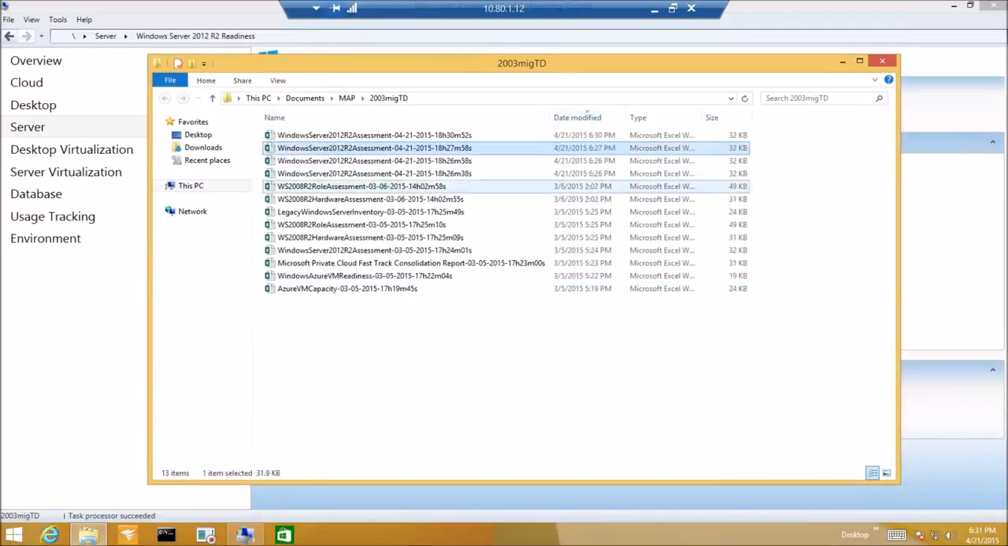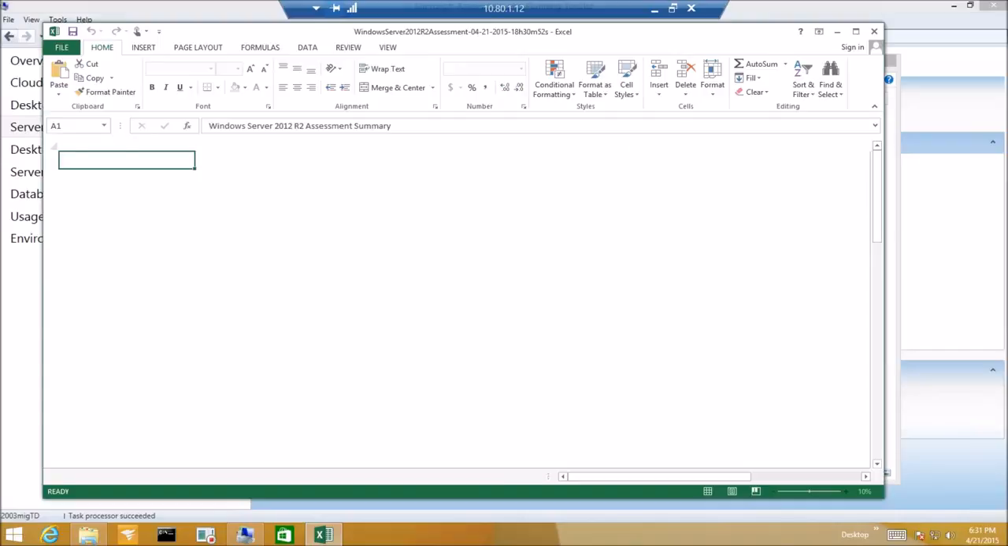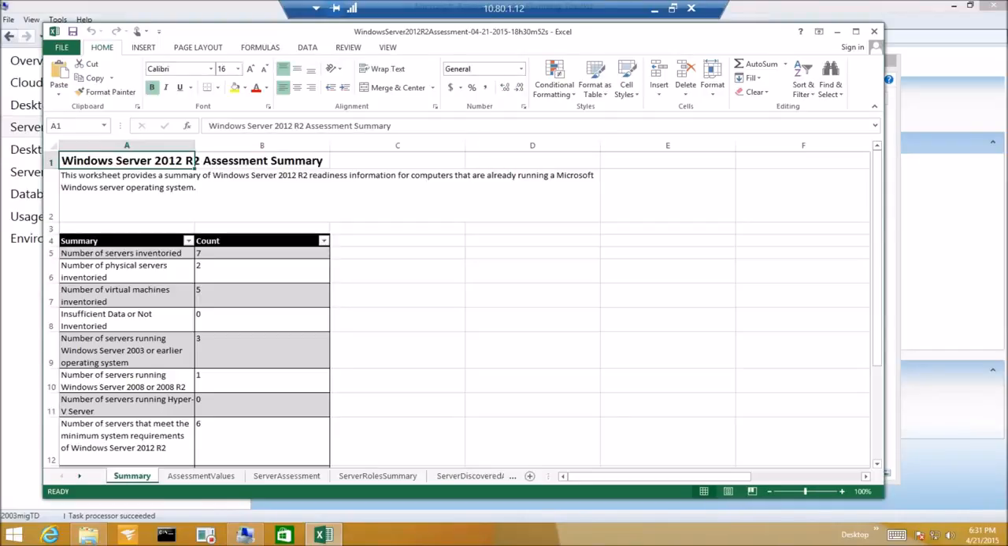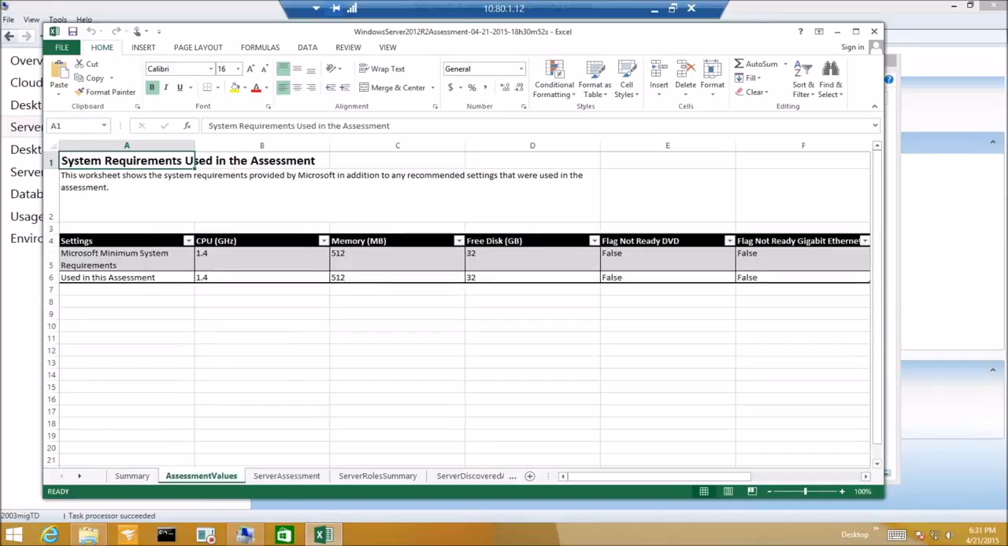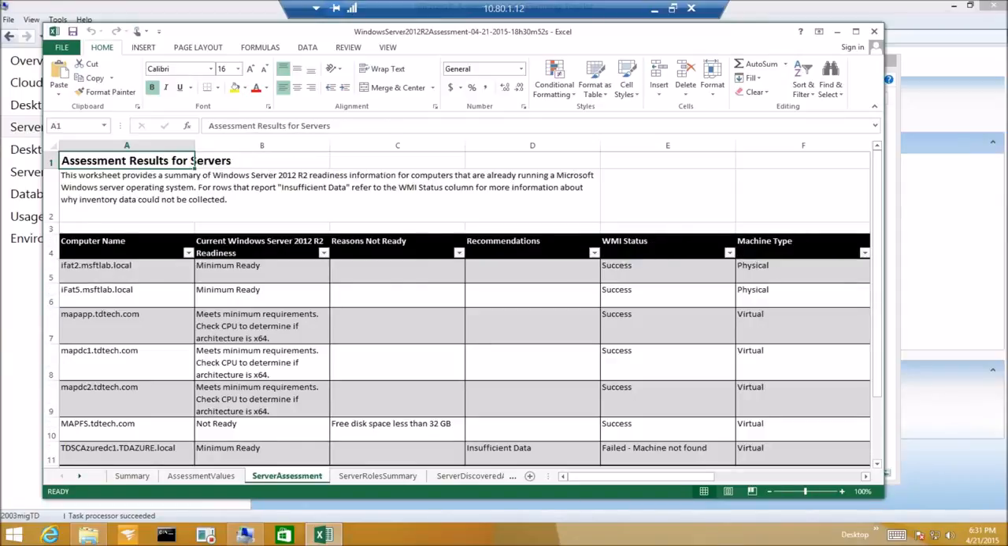If we look at it, this is the assessment that it just completed, the report. We leverage Excel for this reporting. So the first tab gives us a summary of everything that was going on, a good overview of what we have. The assessment values are basically how we rated the servers, the assessment itself. So when we start looking at this,